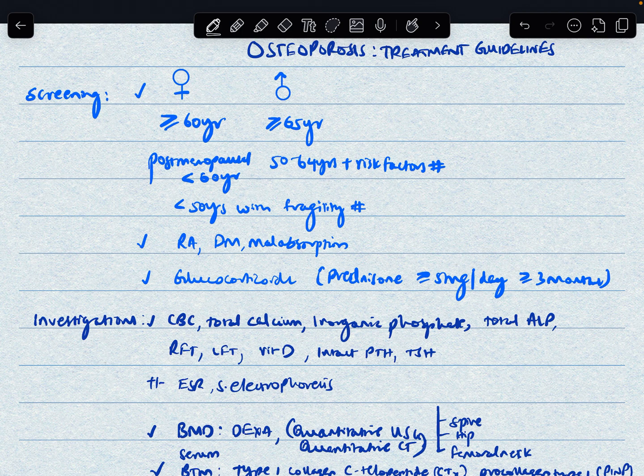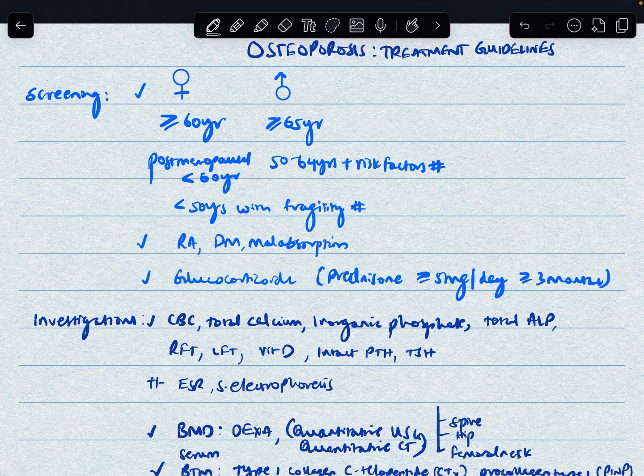By doing blood tests and some imaging. In the blood tests, we do CBC, calcium, phosphate, alkaline phosphatase, renal function test, liver function test, vitamin D, parathyroid hormone, thyroid stimulating hormone, and ESR and electrophoresis to rule out multiple myeloma. And to quantify the bone mineral density, we do dual energy X-ray absorptiometry, the DEXA scan, and this gives T score